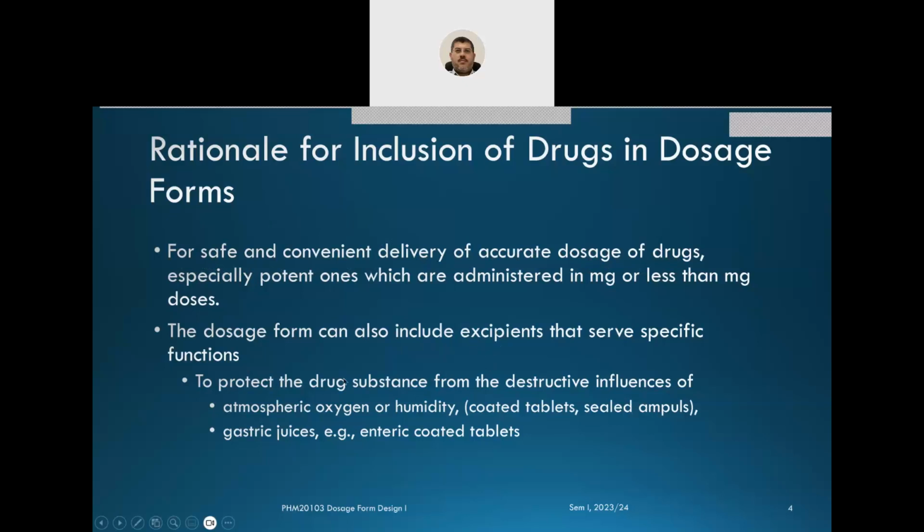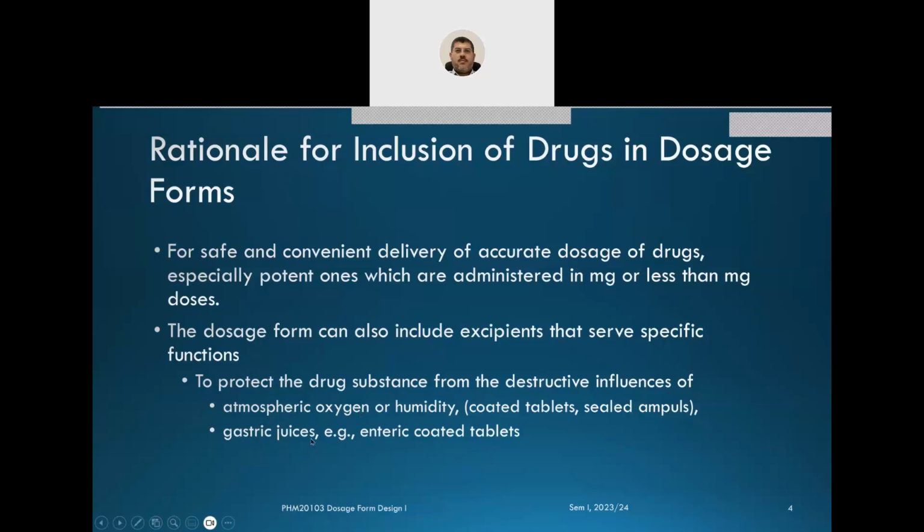Okay? Some dosage forms may also have some pharmaceutical functions. They may protect the drug substance from destructive influences of, for example, atmospheric oxygen or humidity. So we can design a coated tablet that has a coating material that will prevent the passage of humidity, for example. Or we can make sealed ampoules, for example,